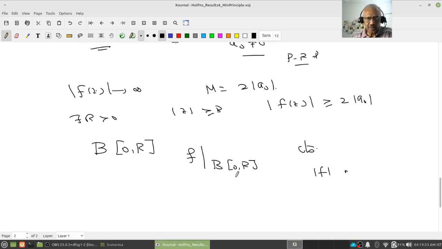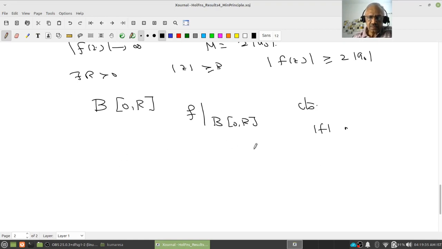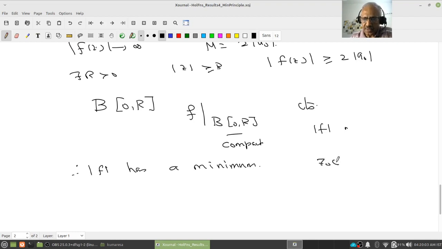Everywhere, in particular on this set. This is a continuous real valued function on this compact set. So what do I know? It has a minimum. Therefore mod f has a minimum. Now let's look at the minimum modulus principle. What does it say? If some point z0 in B(0, R) is such that mod f of z0 is a minimum for all z,